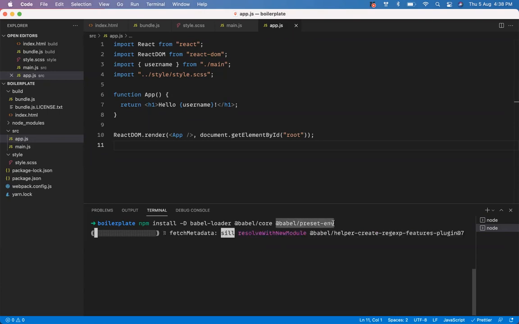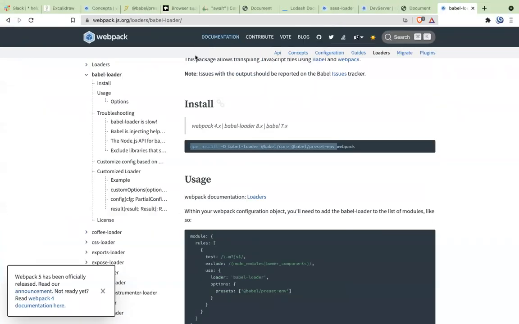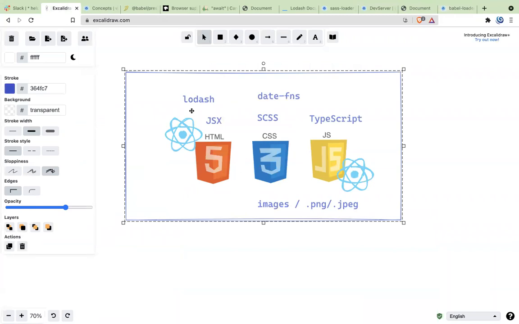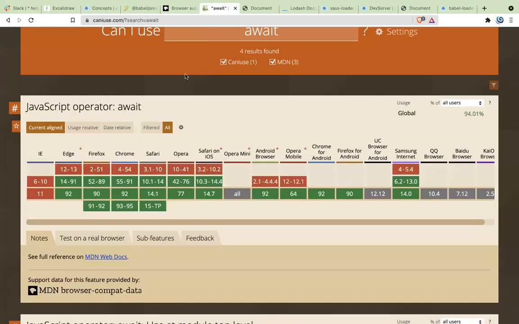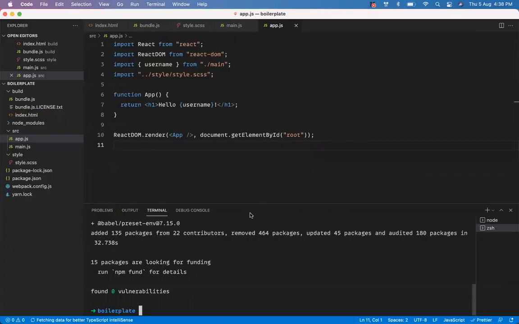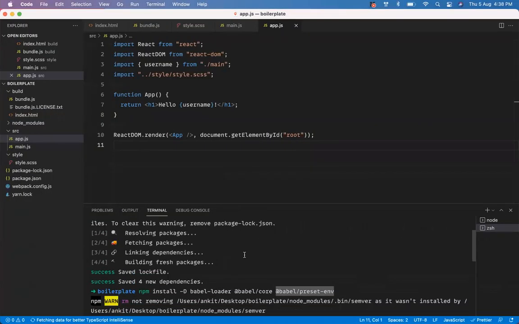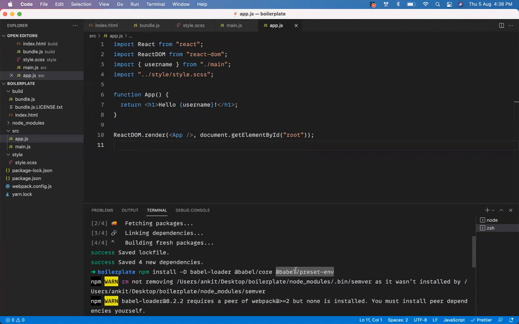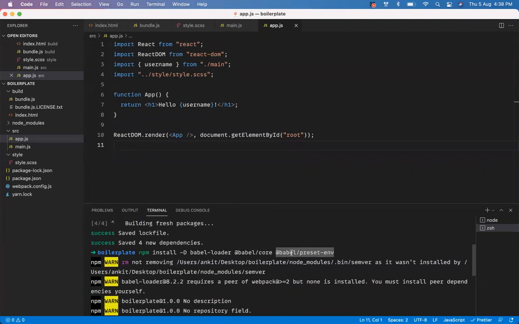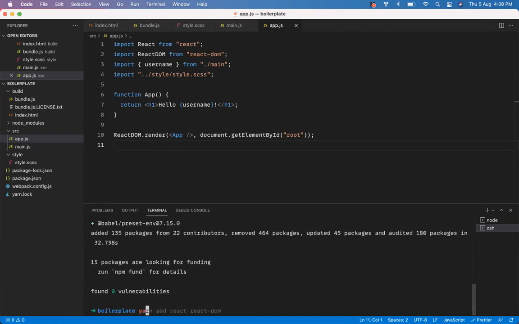So preset env is taking care of the browser compatibility issue. You remember when we were talking about it, one of the problems that we were facing was browser compatibility. So when you're using this package, preset env, you will be able to use all the latest JavaScript feature or CSS feature right here. You just need to use Babel preset env, which converts all your latest code into older compatible code, okay? Along with that, you also need to add, so we'll say npm install -D,